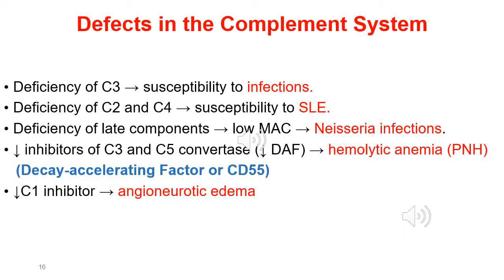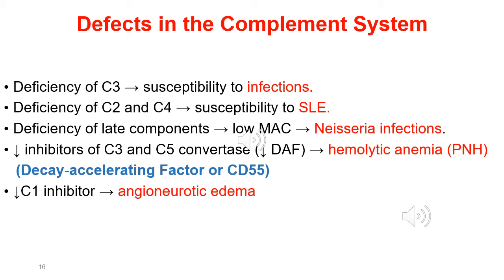So we saw that complement system is very crucial, is very important for our immune system, and therefore deficiencies or defects in any of these complements will lead to serious infections or serious autoimmune diseases. These are just some examples to show the importance of the complement, where deficiency of C3 lead to susceptibility to infections and recurrent infections. Deficiency of C2 and C4 will lead to susceptibility to systemic lupus erythematosus, which is an